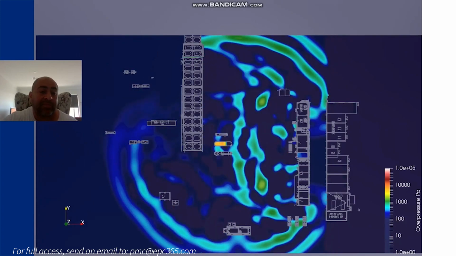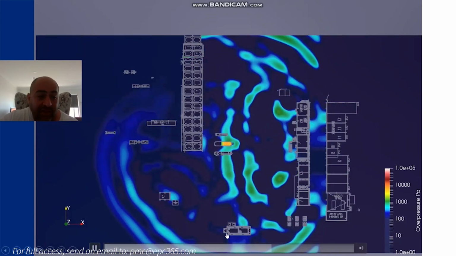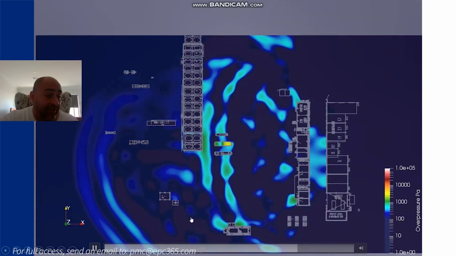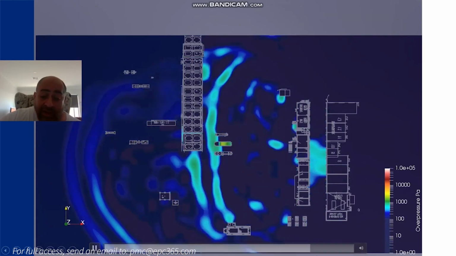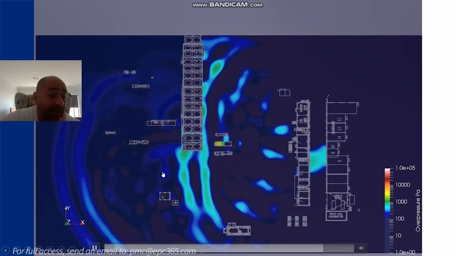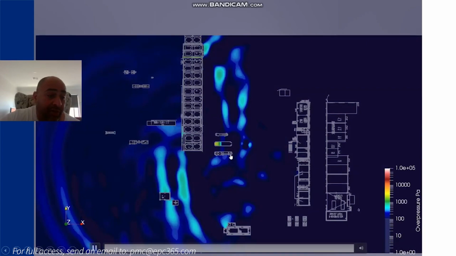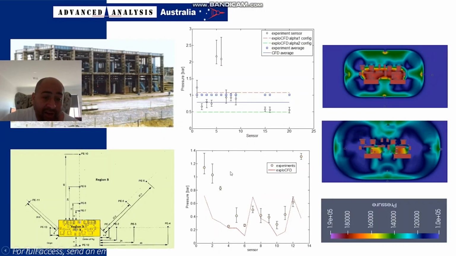But on top of that, the released chemical may be ignited, and Explo CFD is the only software that actually models that as well. It could make a very big difference in terms of overpressure. You could go from half a bar to 10 bar if the tank were in a congested area and releasing a high energy